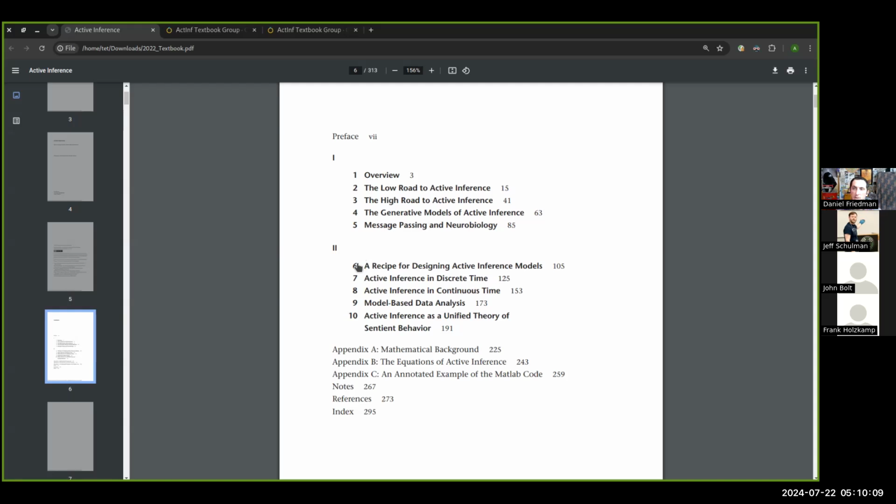Part 2 of the book goes into applying active inference. Chapter 6 is very provocative and fun, and it's a recipe for designing active inference models. And as I hope we'll unpack a little bit today, it doesn't require some advanced level of programming or anything like that to get going. And actually, with augmented coding and with templates and some other tools, there's a lot that can be done just through conversation with a domain expertise or familiarity in the active inference ontology.